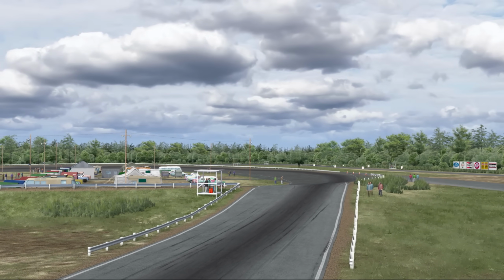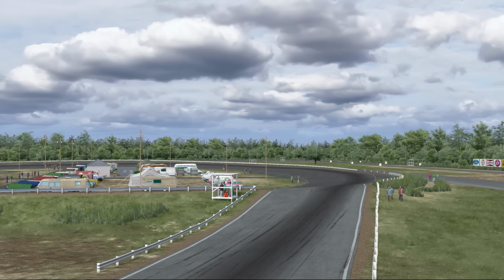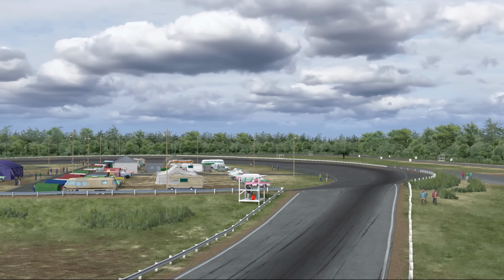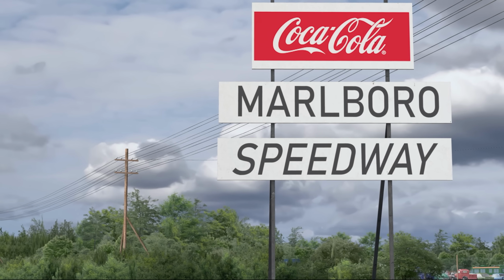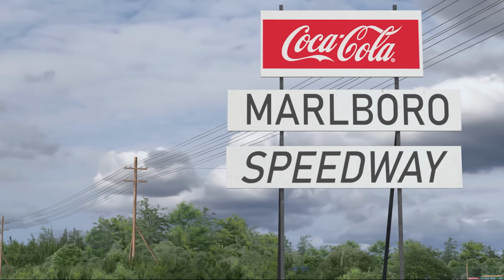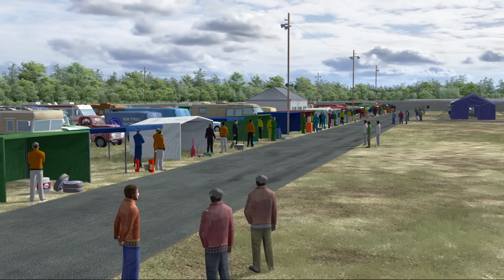It's been a couple different businesses over the years. Google image photos from above, it looks like some sort of scrapyard. But they say the whole track is still actually there. There hasn't been anything built on top of it, and mostly just nature coming back and growing over and through the remaining roads. But this is something that came out quite a while ago for Assetto Corsa from our friend